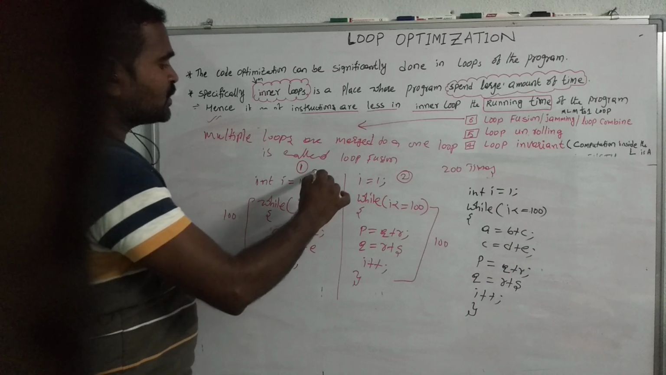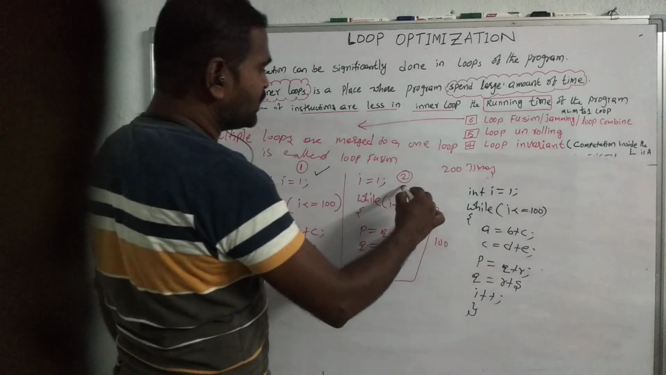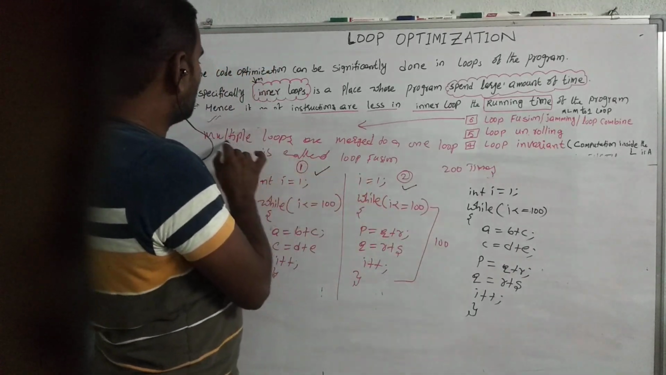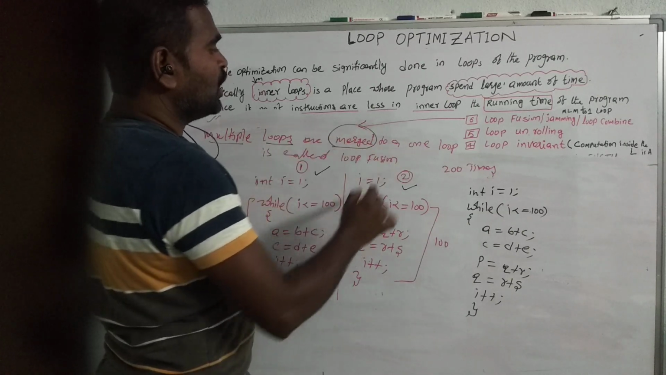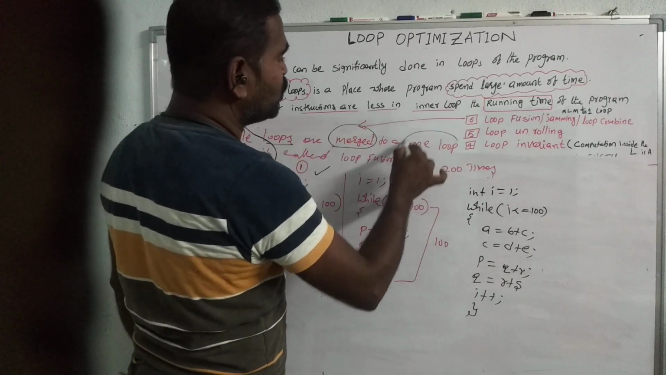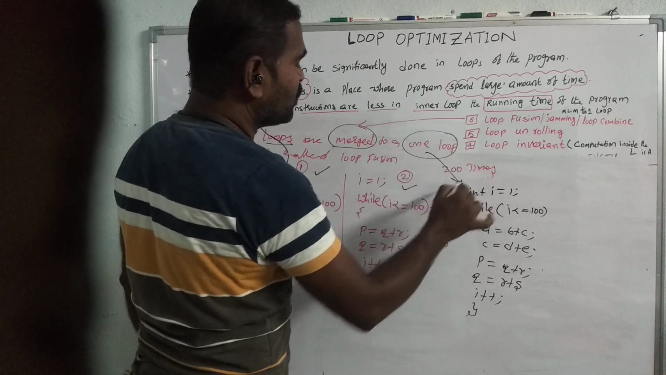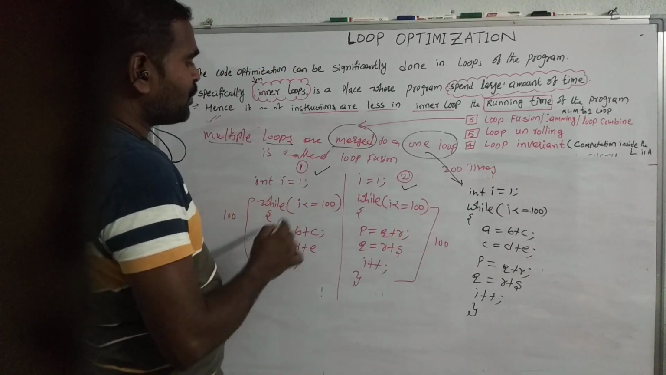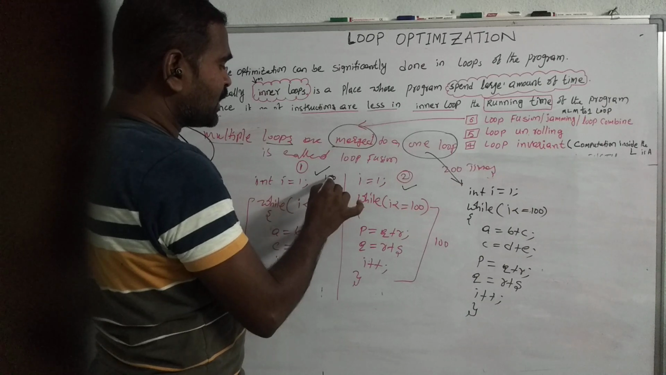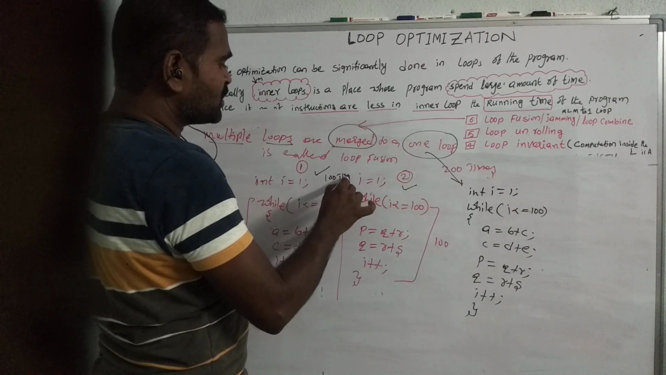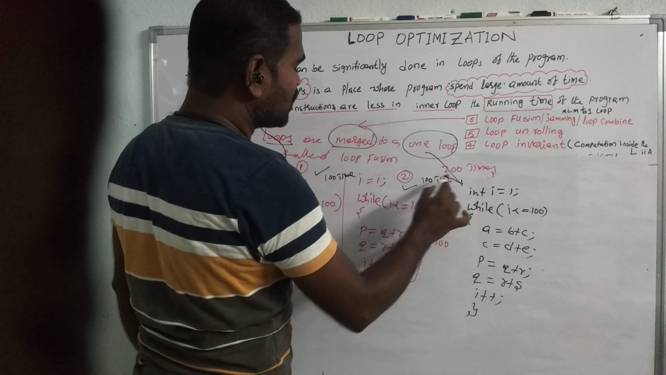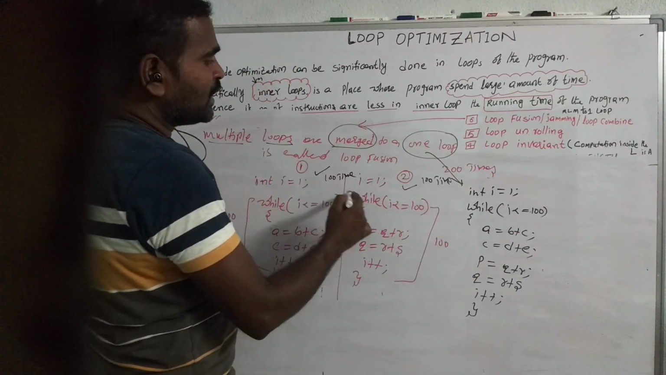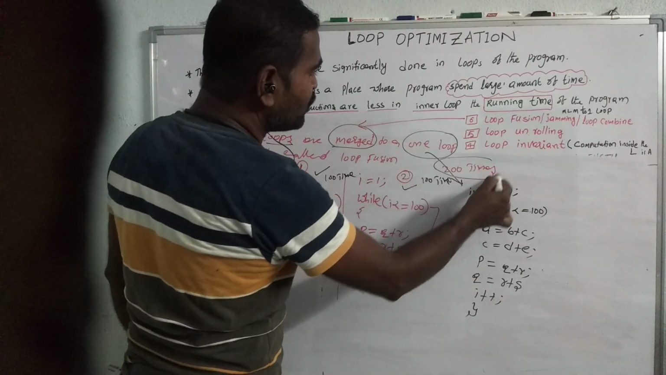So this loop and this loop are merged. These multiple loops are merged into one loop. So at that time, it will take 100 times. This loop repeats 100 times, and this loop also repeats 100 times. So you can avoid these 200 evaluations by using